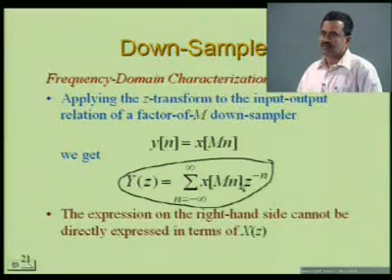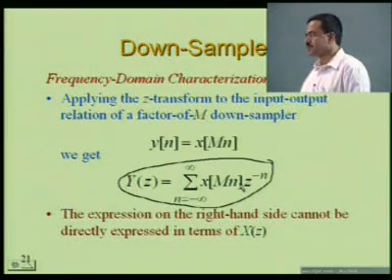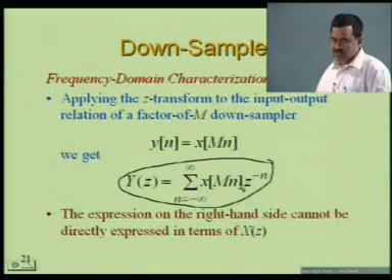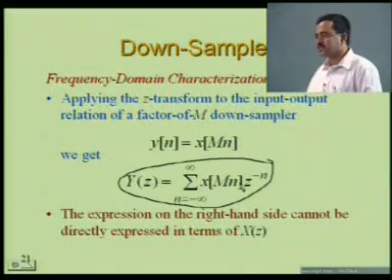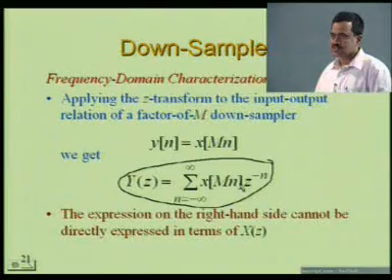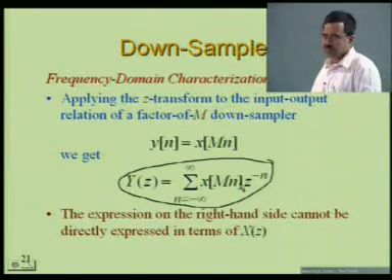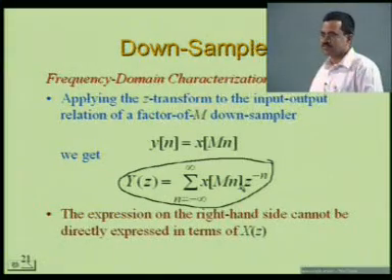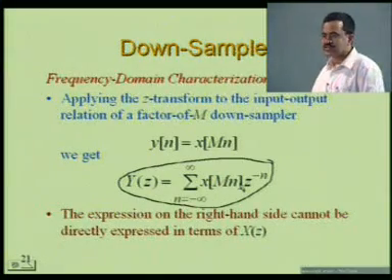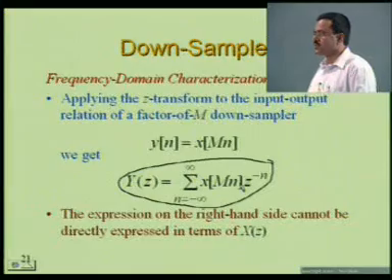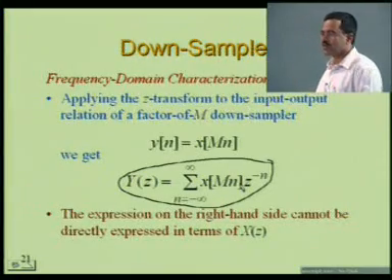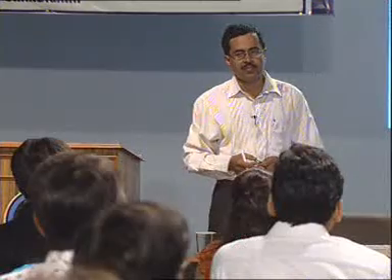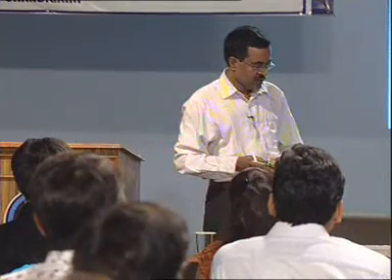assuming n varies from minus infinity to plus infinity. It is a generalized case. When you consider positive or right sided sequences, n should vary from 0 to infinity. If it is a finite sequence, then it should be from 0 to N minus 1, where capital N represents the finite number of samples.